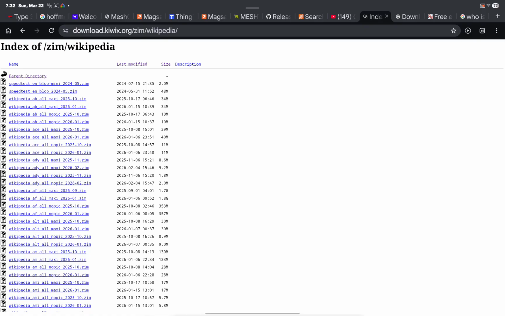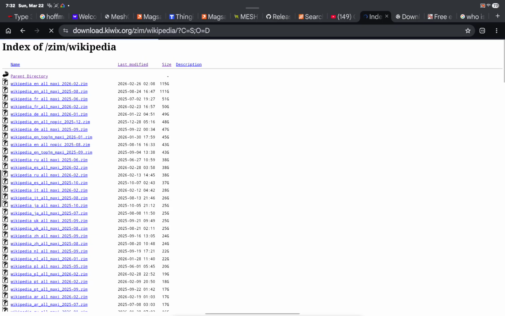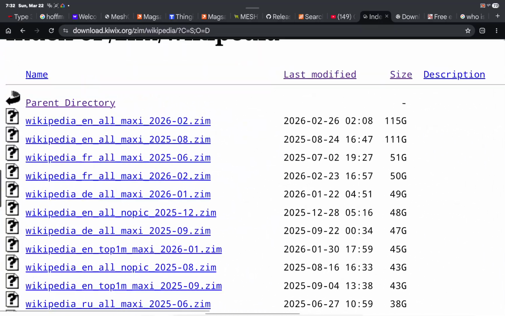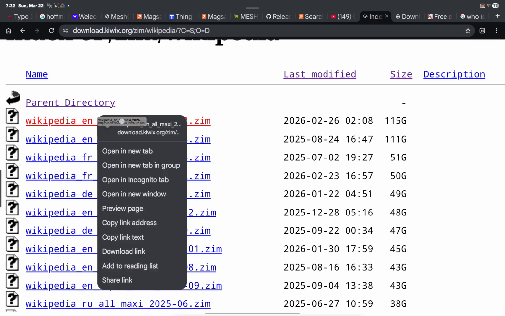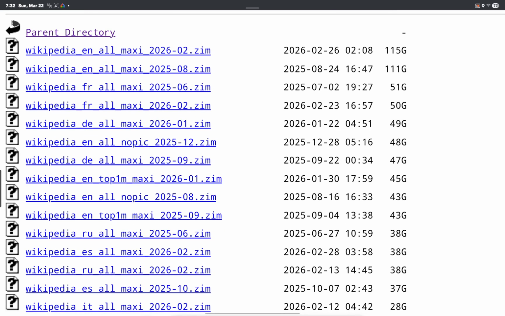So we'll do Wikipedia. All right, so how to read these. If you want the entire site, I just do size. Zoom in. 115 gigabytes, yes, for the entire site. EN is the language. All is, again, the entire site. Maxi is all of the media, everything. NoPic is 48 gigabytes, or 49, no, excuse me, 40. Yeah, this specific one right here, NoPic,